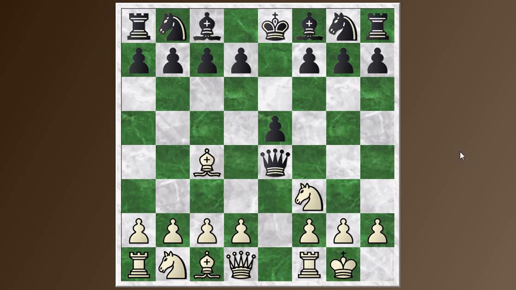Okay, I'm going to play that. The tactic is bishop takes f7 check, and if the king takes it, then the knight will come here to g5 and fork the king and the queen. So that loses immediately. But also after bishop takes f7, if the king comes forward or moves somewhere else, this turns out to be really good for